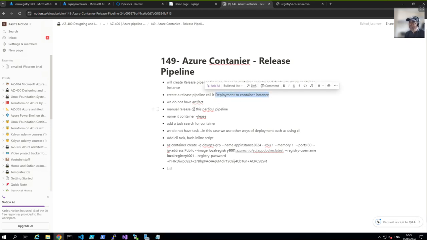I will show you that, if you remember, normally when we were doing our .NET project, we used to create a build and create an artifact and deploy it as an application. But in this case, we do not have a build artifact. We have just an image which is in the Azure registry. So we do not have artifacts, and we have to approach this a different way. So we will be doing a manual release of this particular pipeline. So we'll call it a manual release,